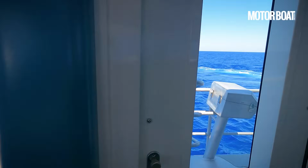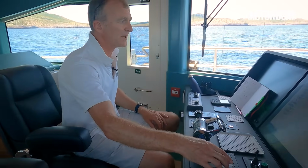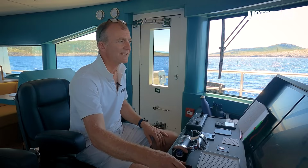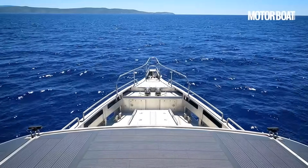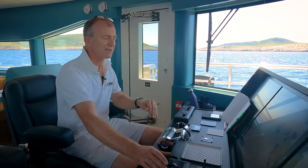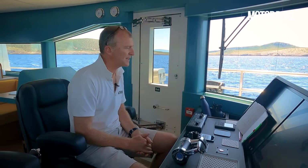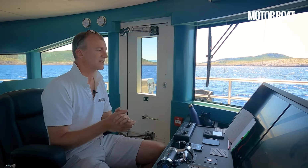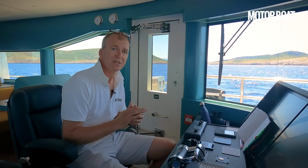Now to bring it back, I'm bringing the steering back, but because we've got a certain amount of momentum, I now need to just turn it to port a little bit just to kill that momentum, bring us back into a straight line. But the amazing thing is that it feels exactly the same at this speed, at 10 or 12 knots, as it does at 5 or 6 knots. There is almost nothing to tell you that you're going any quicker. The sound levels, the vibration levels, exactly the same. Now I've done a couple of calculations, and at this speed, at 10 knots, 1200 RPM, we're burning just under 40 litres an hour, about 36 litres an hour, and that will calculate as 3.6 litres per